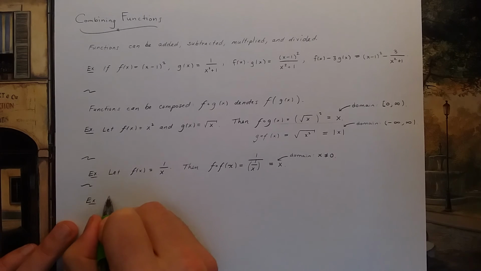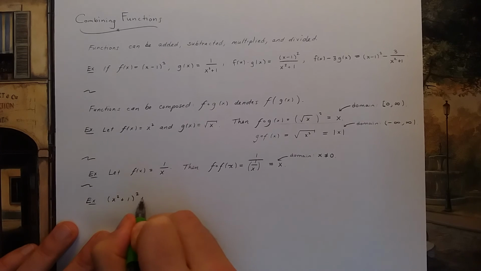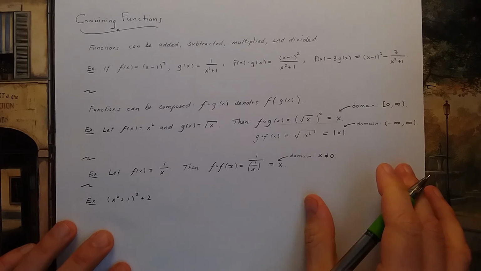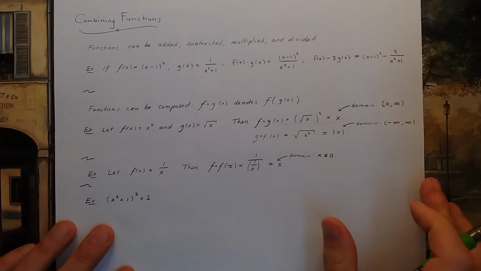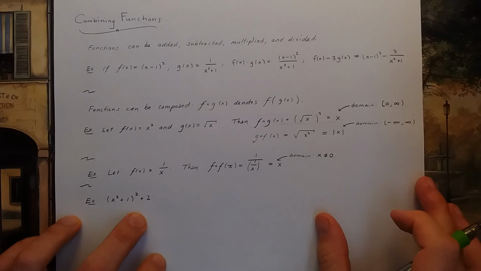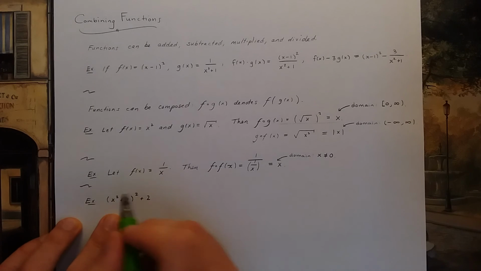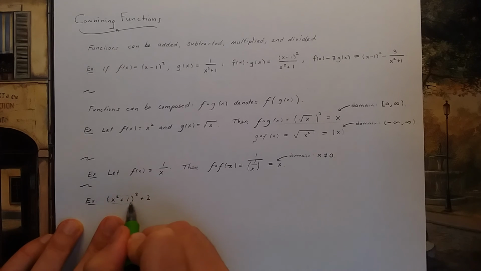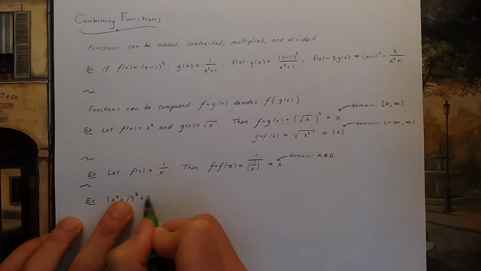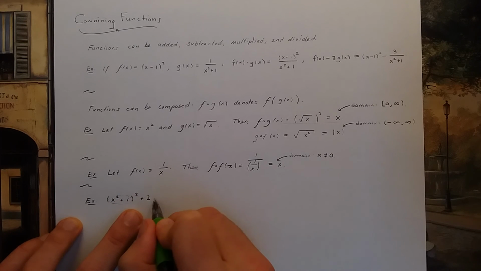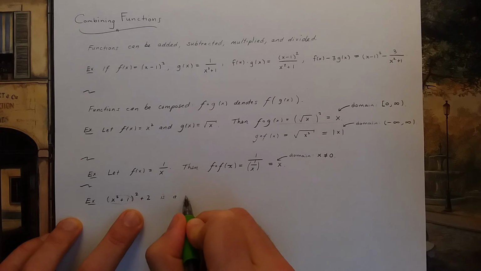Now, I'll finish this video with an example. If you have (x squared plus 1) squared plus 2, then I can actually write this as the composition of two functions. So sometimes if you have things that look like functions inside other functions, that's exactly what they are. So if you look, I'm putting x squared plus 1 into another operation. So this is a composition